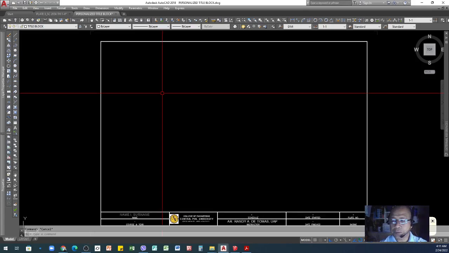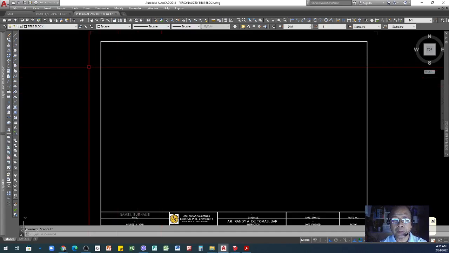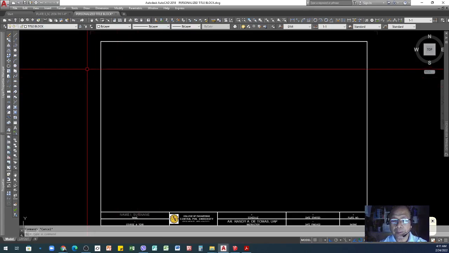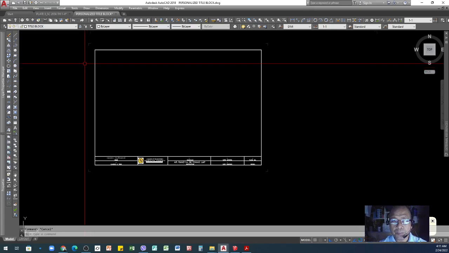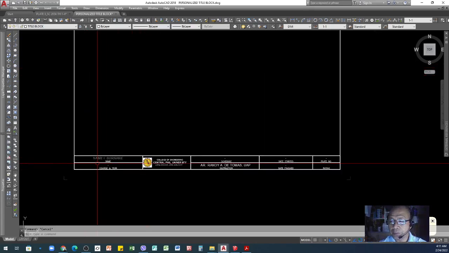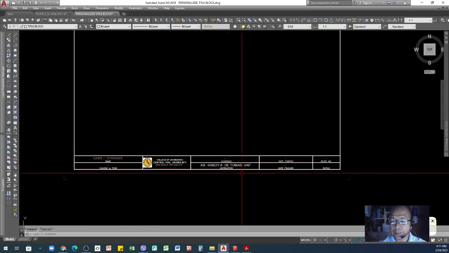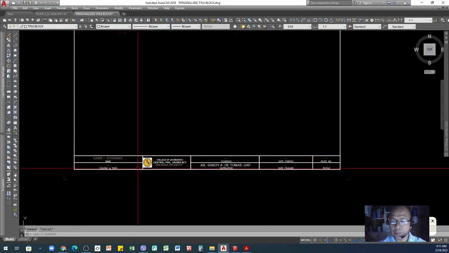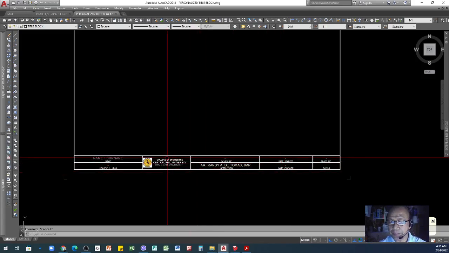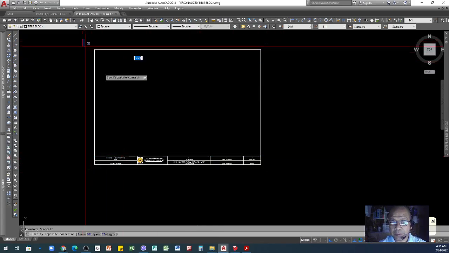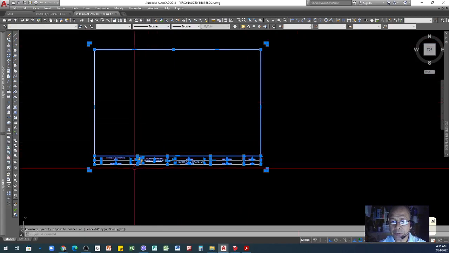Today is your plate number 3, and to start with, I will be demonstrating how to do dimensions in your drawing. As a standard procedure, you'll fill in your personal details, or if you've done that already in your previous plate, you can start from this one, which is your template.